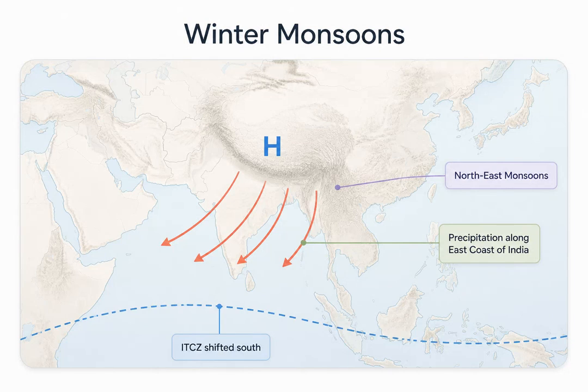In winter, the entire system reverses. A high-pressure core develops to the north of the Indian subcontinent. This anticyclonic movement produces divergent winds that travel southwards towards the equator. These are the northeast or winter monsoons. While mostly dry, they do pick up some moisture over the Bay of Bengal, bringing important precipitation to the east